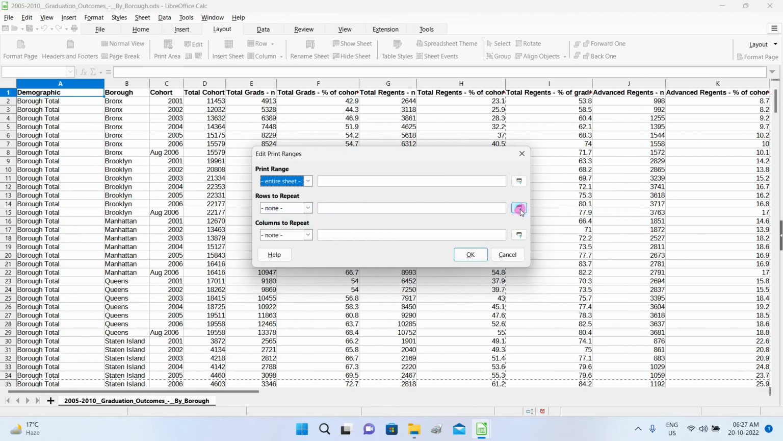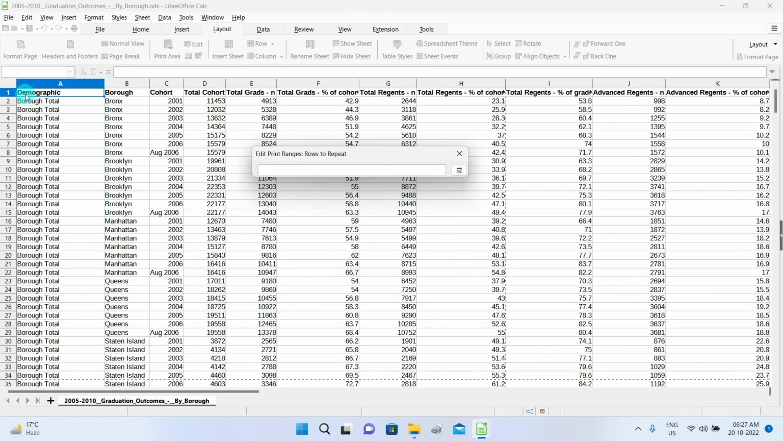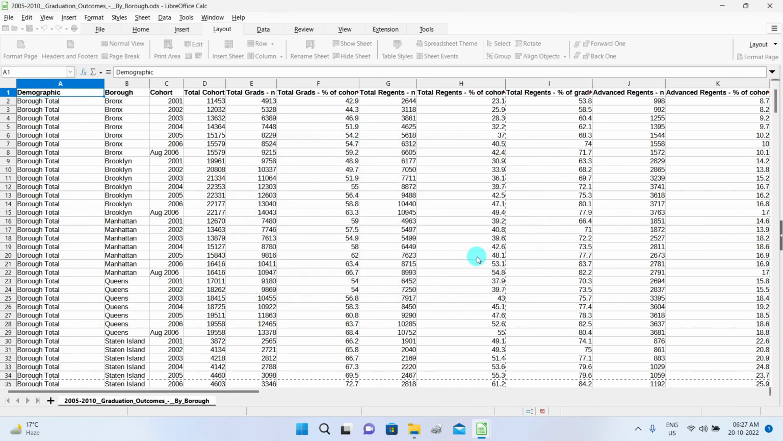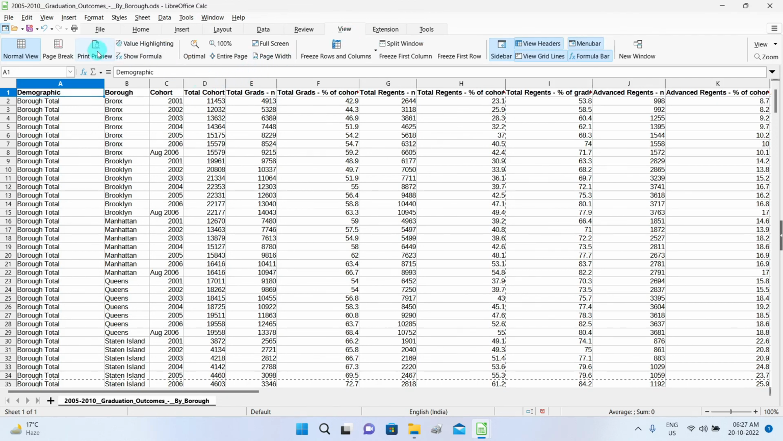You can click on this and then click on any cell of this row here. You will see the first row indicated as $1. You can click on this button back again, and you will now see that it is user defined. The none has changed to user defined, and it is saying that row 1 will be repeated on every page. You can come here and click on OK, and then when you come to View and choose Print